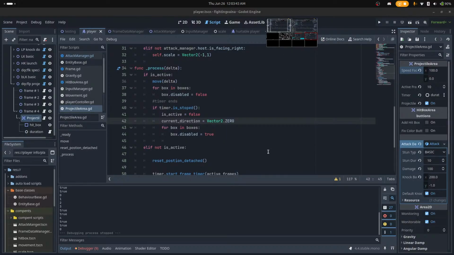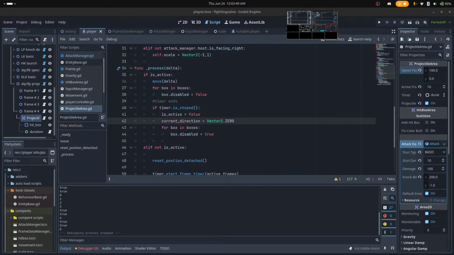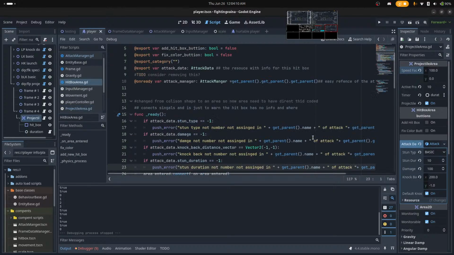Okay. Alright, okay. Let's add blocking. First thing I need to think about is where the blocking logic is going to be handled. Is it going to be on the hitbox?